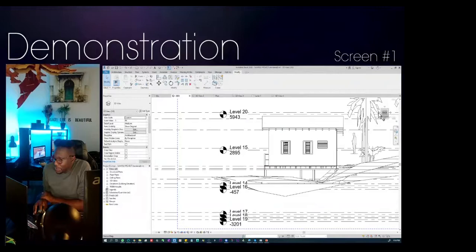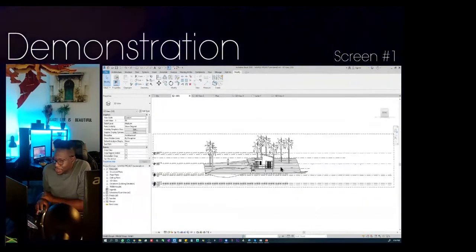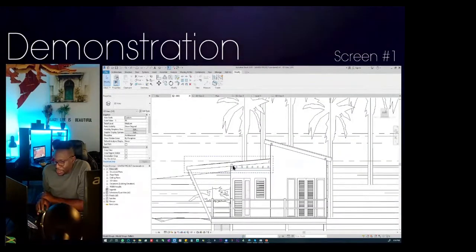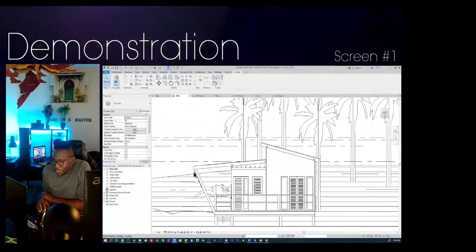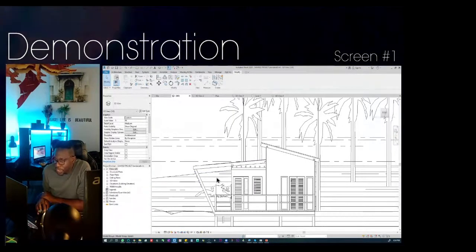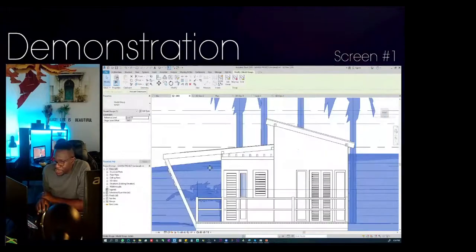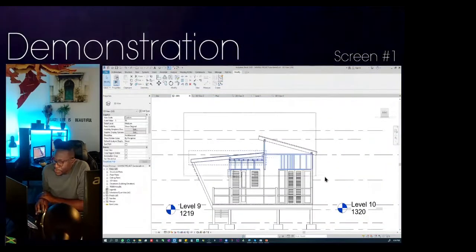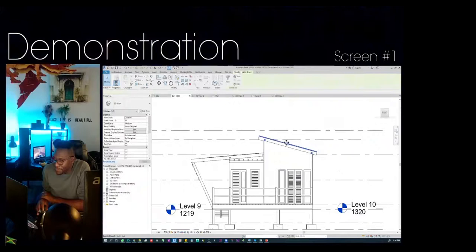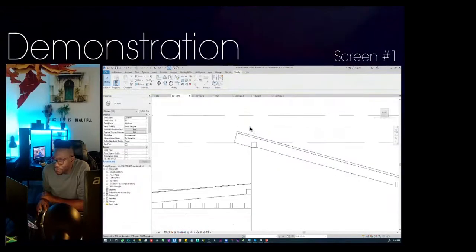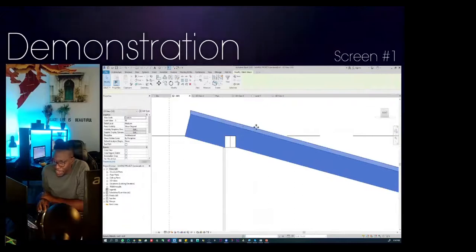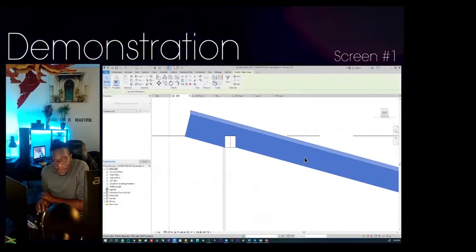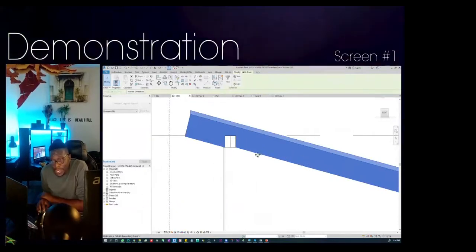So my inclination to create an exploded model is, if it's going to give me too much trouble to move, for example, all of these components here. Let me hide elements. Suppose I'm trying to move all of these roof components, and for the love of God, it just will not move. Probably because of the array and alignment, and maybe there are some constraints in there that I don't even remember or know about. I would just